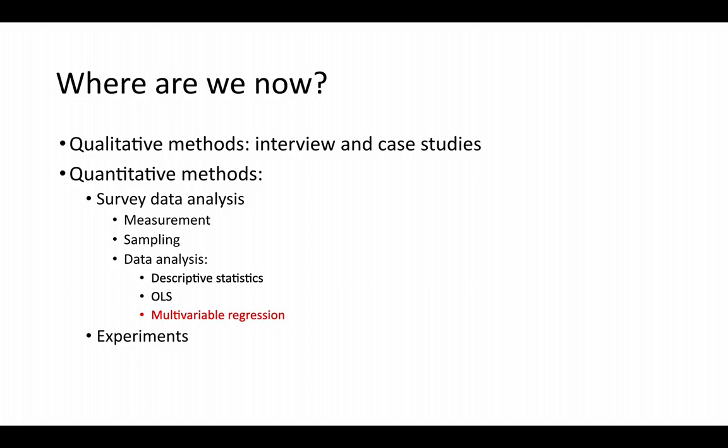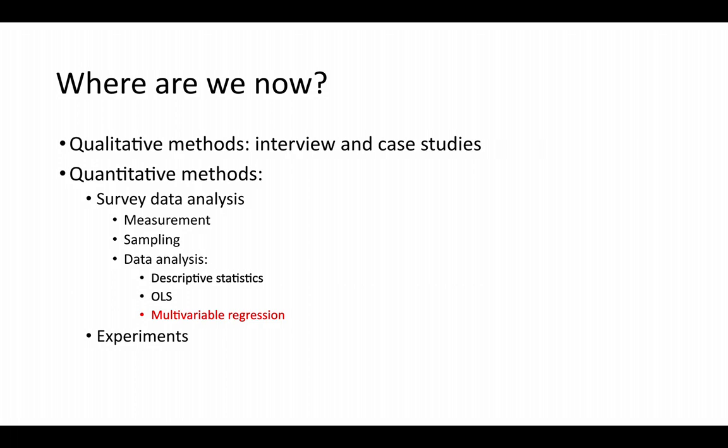For sampling, you need to understand the relationship between your sample and your population, and whether you are going to use a random sampling strategy or a non-random sampling strategy, right? Then we talked about, suppose you collect all the data, how we can create descriptive statistics or even visualize some of the variables. And we talked about OLS,